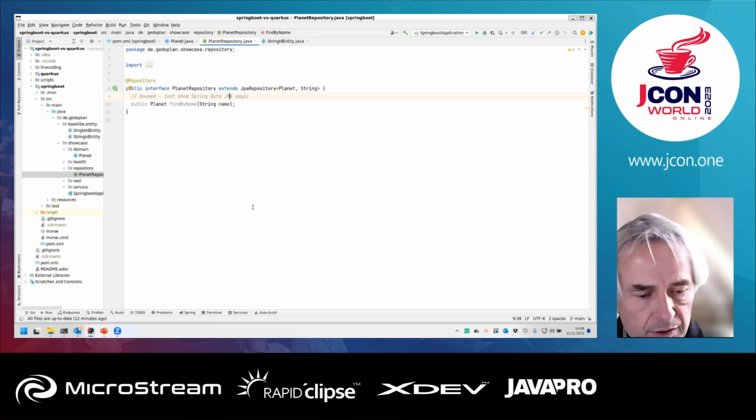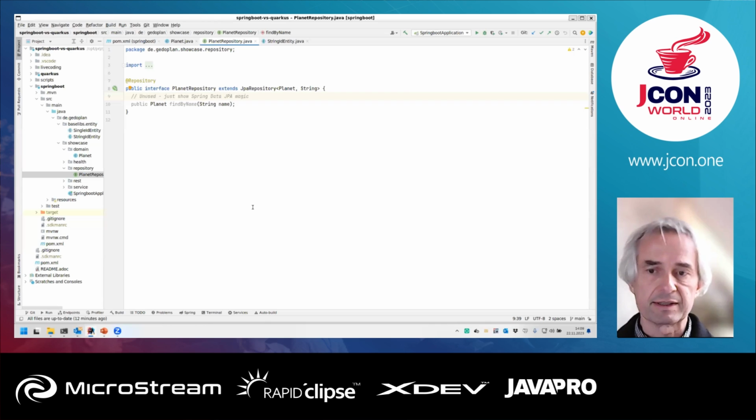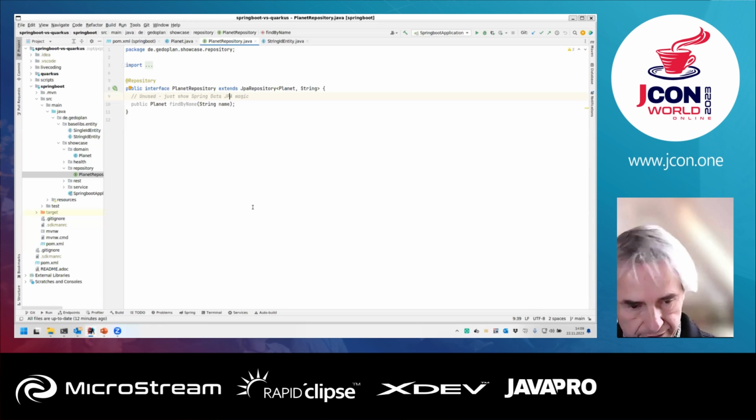And for all the standard CRUD methods like retrieve all entries from the database, retrieve one by primary key value, so ID, and many, many more, the base class, or the base interface, just has that in it. And when the application starts, automatically by Spring magic, there is an implementation built for you that implements that by using Entity Manager and so on. So you don't have to program that, and if you want, you can extend it by just declaring additional, for